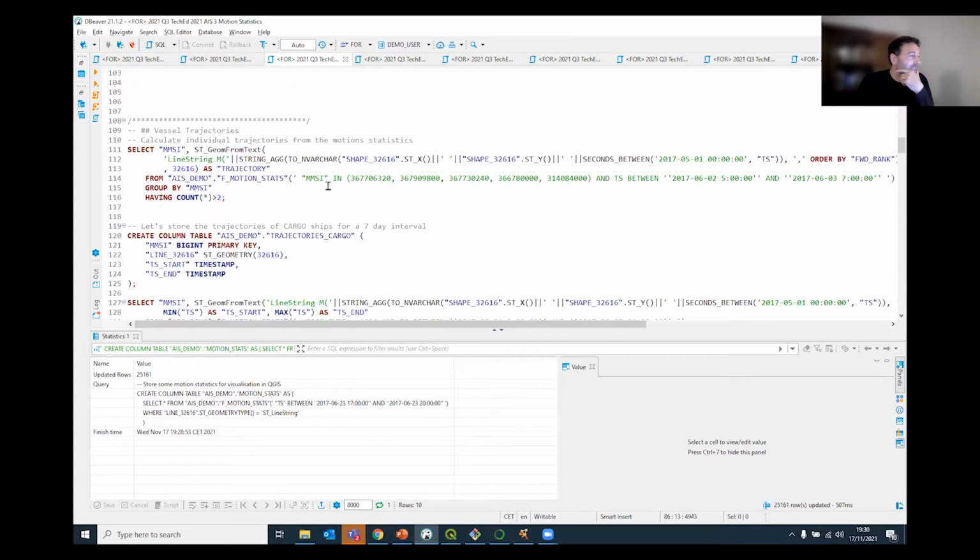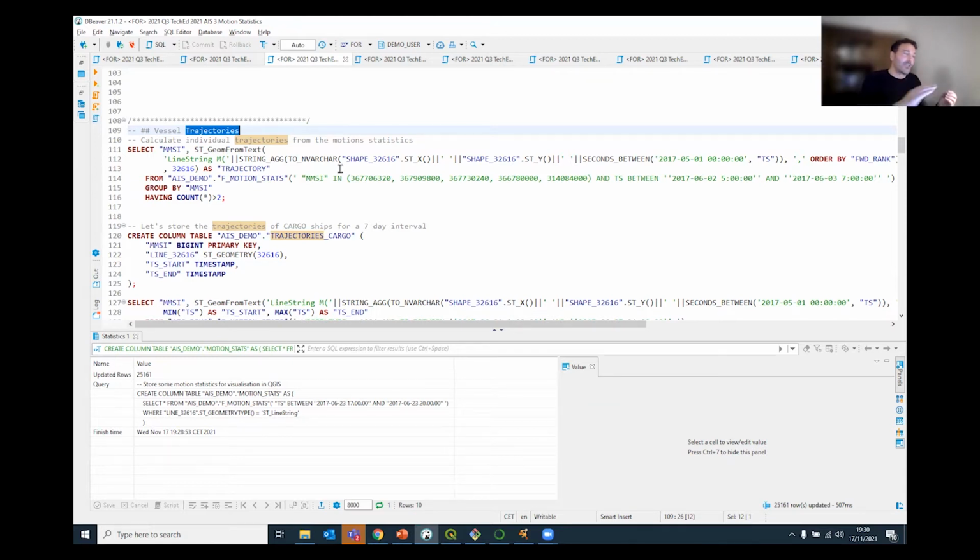The next thing that we are going to do is to calculate vessel trajectories. Remember the first exercise where we simply made some lines between 2 subsequent AIS observations, 2 points. Now I will create an actual line string that is made up out of multiple points, and where we actually also have a so-called M value, which is usually a kind of a timestamp. So we actually see the temporal aspect